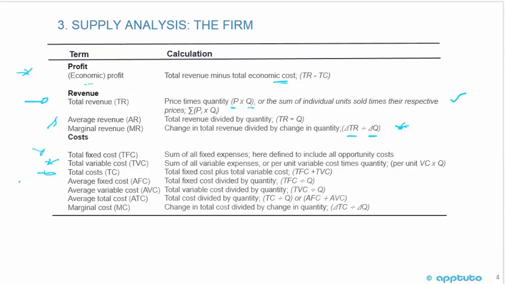Total cost is the total fixed cost plus the total variable cost. Our average fixed cost then is the total fixed cost divided by the total quantity. That's fine. Average variable cost is the total variable cost divided by quantity. Also quite easy. And average total cost is the total cost divided by quantity. Fine. And the marginal cost, which is an important one, is the change in total cost divided by the change in